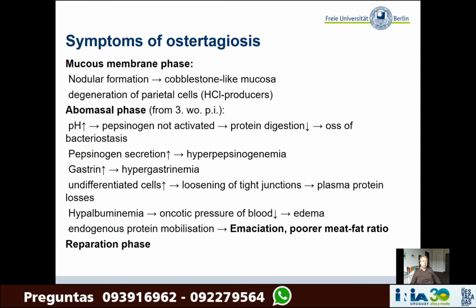Also gastrin secretion is increased, which you can then find and use as a diagnostic criterion in the blood. Further on, the secretory cells are lost, and instead undifferentiated cells appear. And what is very important, you also have a loosening of the tight junctions, and that contributes to plasma protein loss into the lumen. Finally, resulting in hypoalbuminemia, reduction of the oncotic pressure, and then edema you can also see